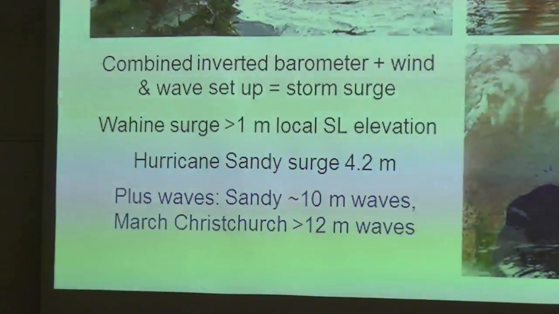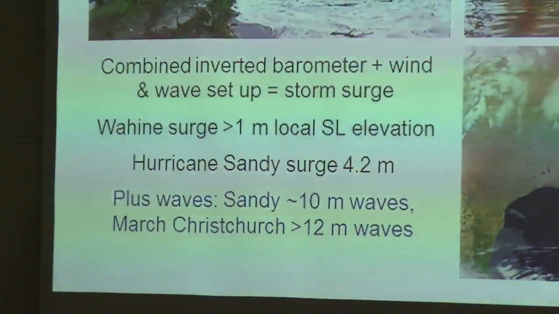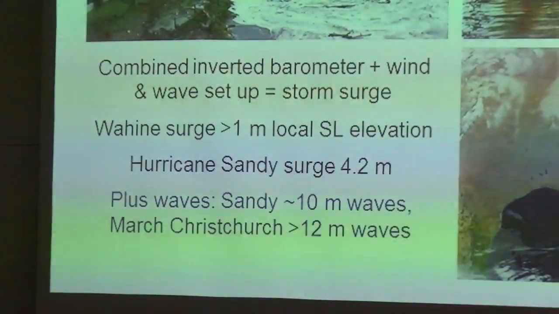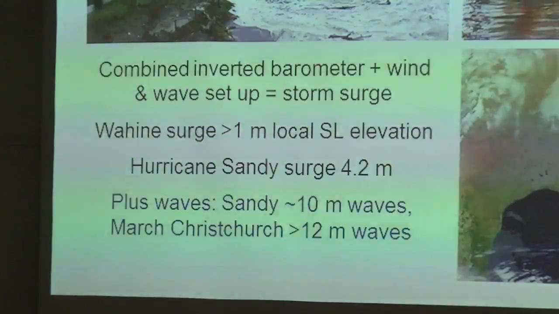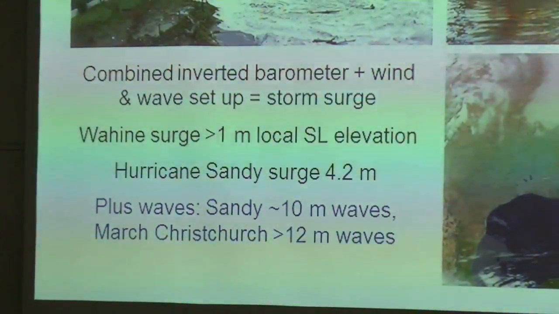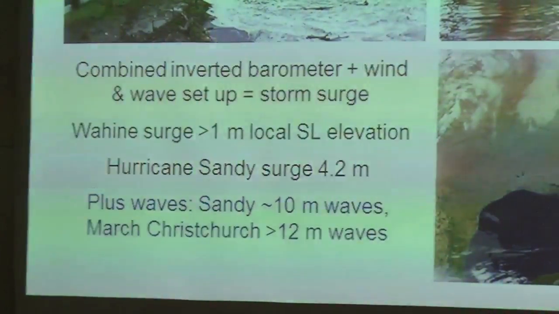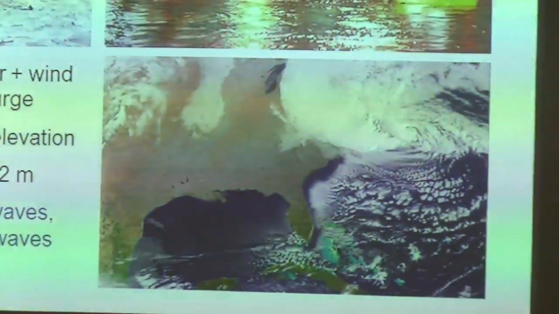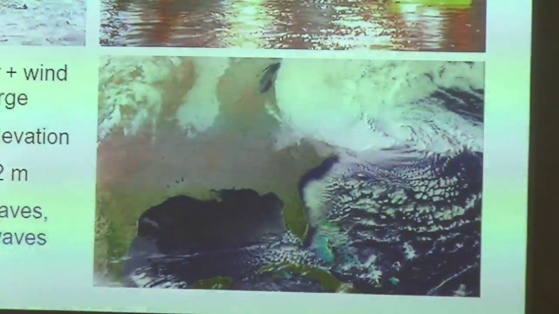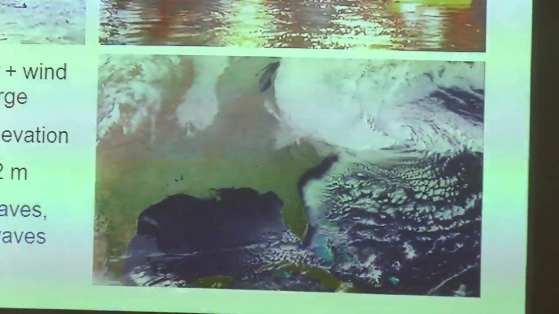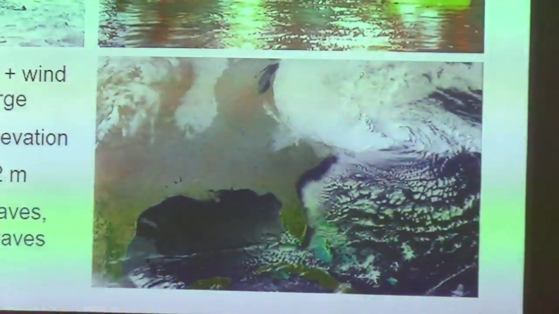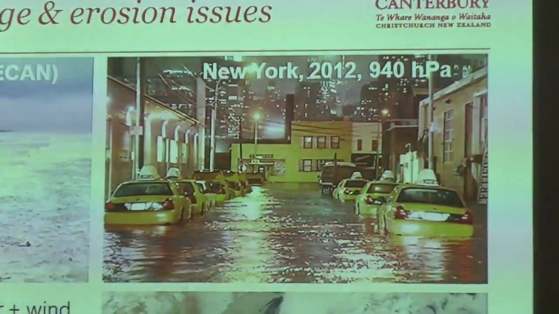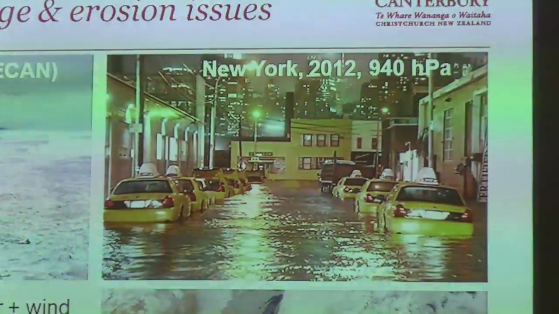During the Wahine storm, they estimate that storm surge contributed about an extra metre of sea level elevation during that storm. So at the same time as we've got really big waves and lots of rain and bad weather conditions, we've got an extra metre of sea level to deal with. During Hurricane Sandy in the States, they estimate that the storm surge was approximately 4.2 metres. So when you saw New York and the eastern northern states in the United States being flooded, part of that was because of this big storm surge.